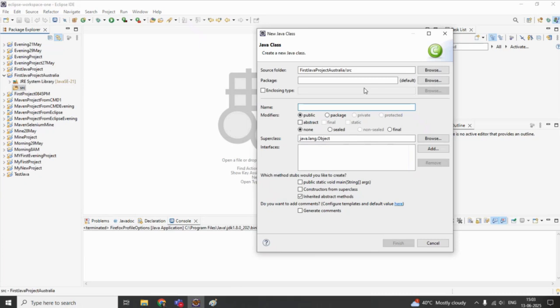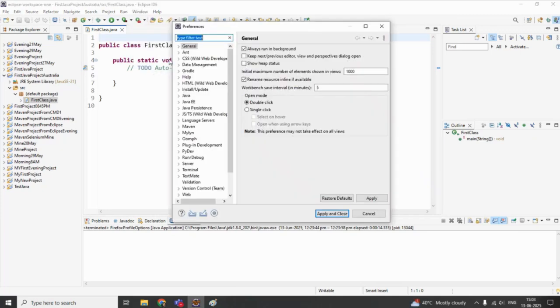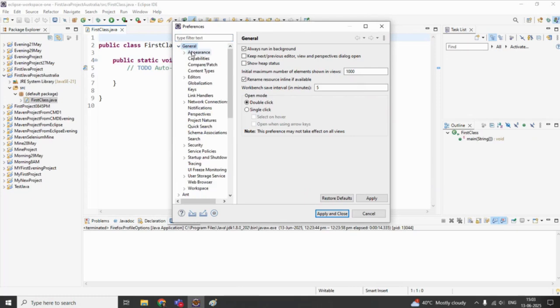I will say first class, and click on this. Right now we are clicking on this because we are going for the Java basics. So we are clicking on this, finish it. Now suppose you see that it is very big, the thing you are seeing is big in nature. Suppose you want it to be small in size, you can go to Window, Preferences, General,